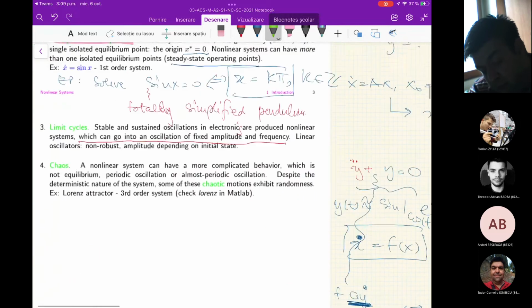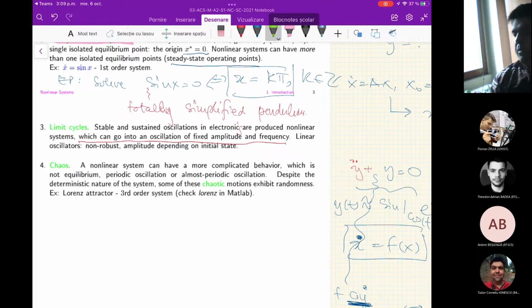Whereas limit cycles, this nonlinear, very famous and strange phenomenon, show us that nonlinear systems can keep on an infinite time constant oscillation of fixed amplitude and frequency. That's why they are mainly used in electronics, such as the van der Pol oscillator. Maybe you heard of this Dutch term, van der Pol oscillator. And of course,